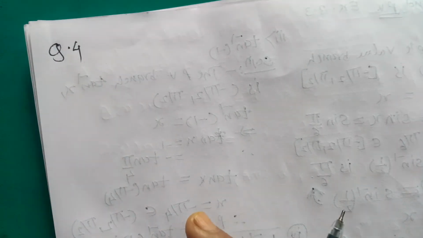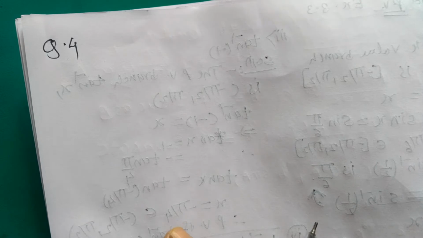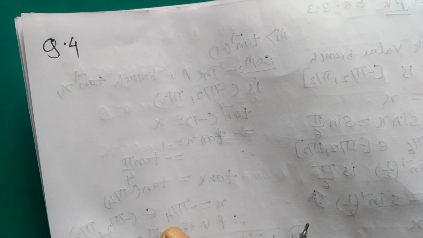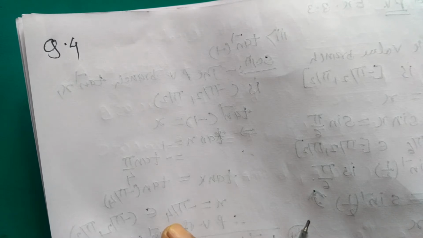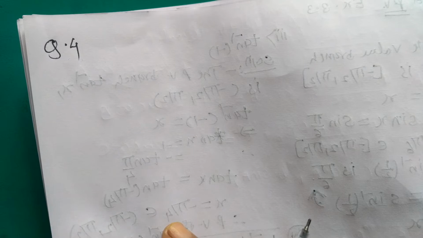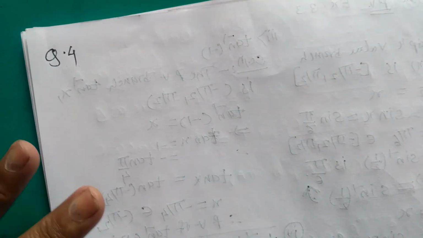Here, the fourth question is cosec inverse minus root 2 plus cot inverse root 3. But you know that cosec inverse minus root 2 is minus cosec inverse root 2, and for cot inverse root 3 you take the cotangent ratio with value root 3. For this we take the angle pi by 6, and for cosec inverse root 2 we take the angle pi by 4. So minus pi by 4 plus pi by 6, and we get the required value minus pi by 12.